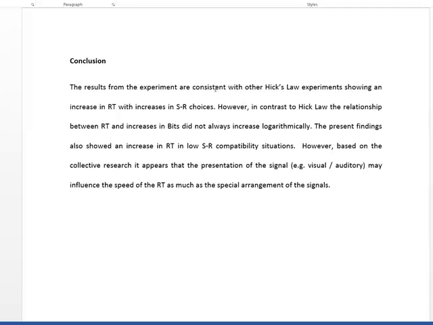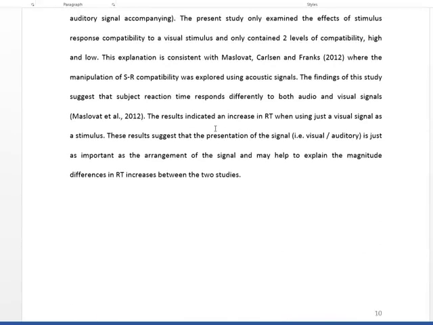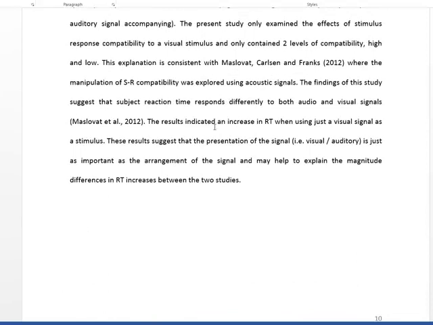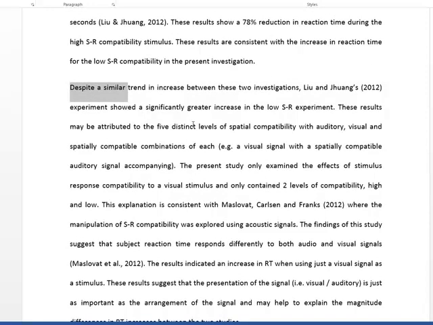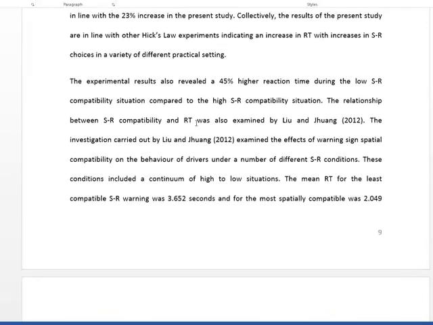As we move up into the distinction section of our discussion and conclusion, the first element we've got there is to compare and contrast key findings of the experiment to quantitative findings from the literature. This is really done well when your results are set up well. So when you've done a good job of the quantitative examples in the results, this section becomes a whole